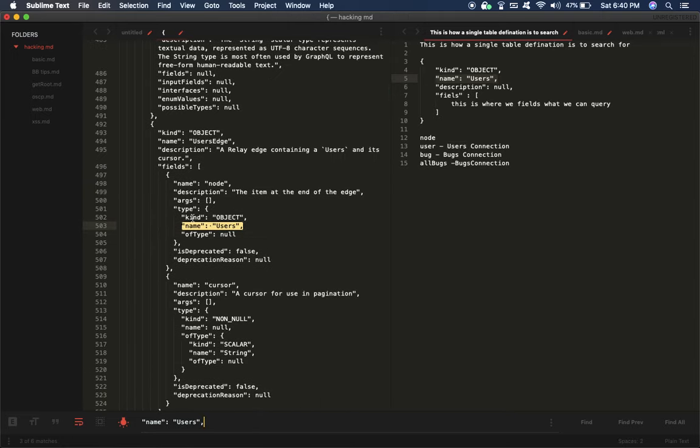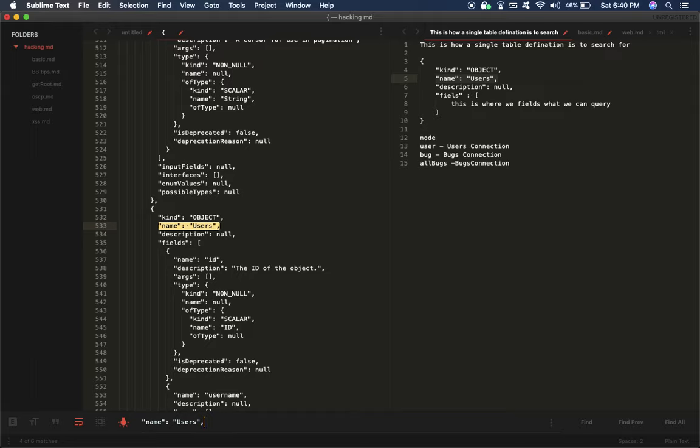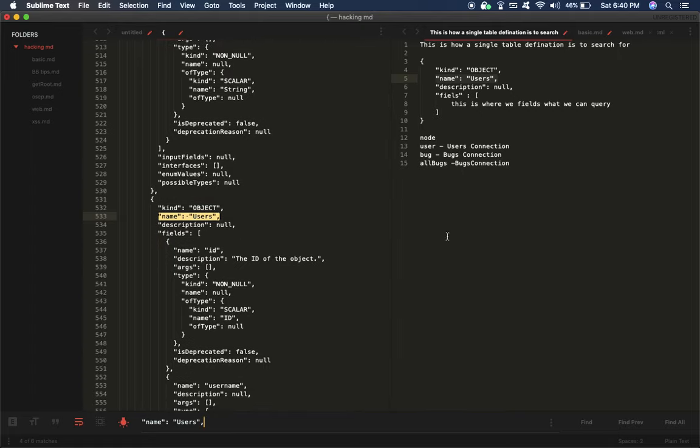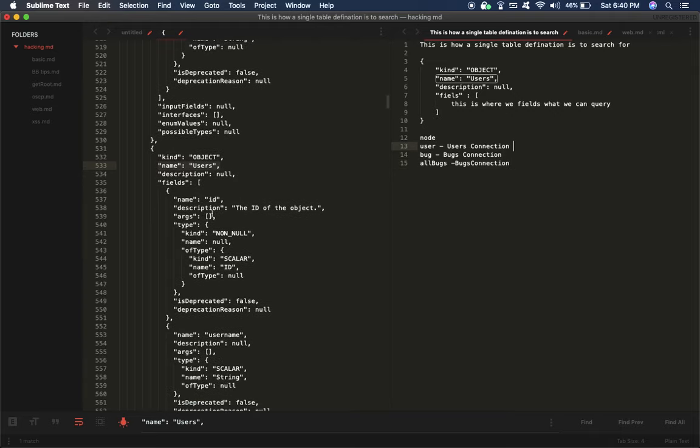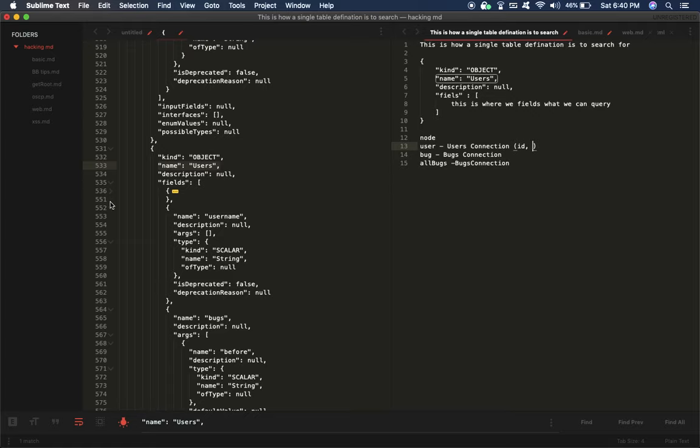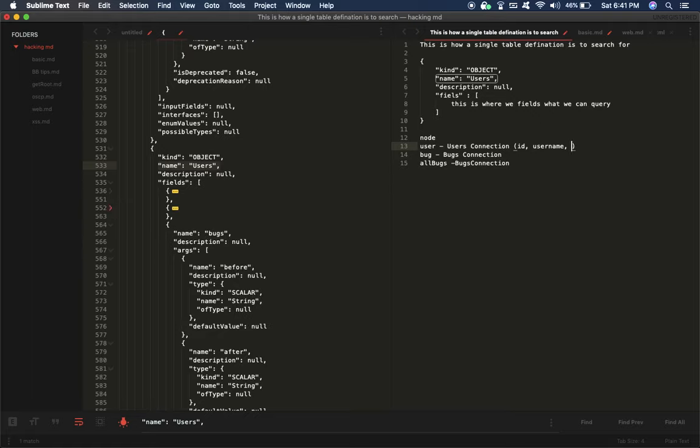As you can see, there is kind and name like in here, but no description. So this is not what we are looking for. We need an exact replica of these keys to find the table definition. And this is it. There is a users table here, an absolute match. So let's see what it has to offer. In users we have ID, we have username, nothing interesting in there, and then we have